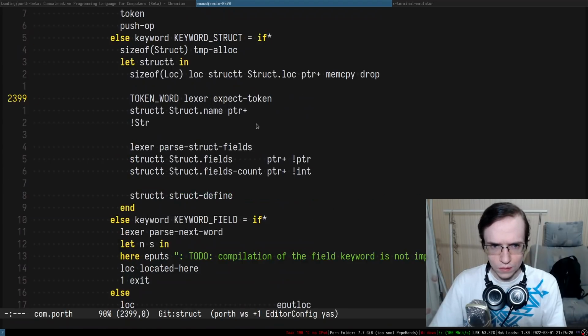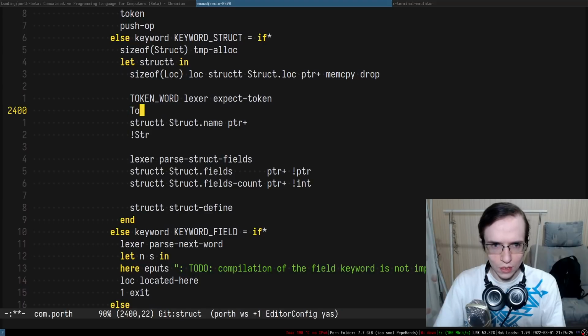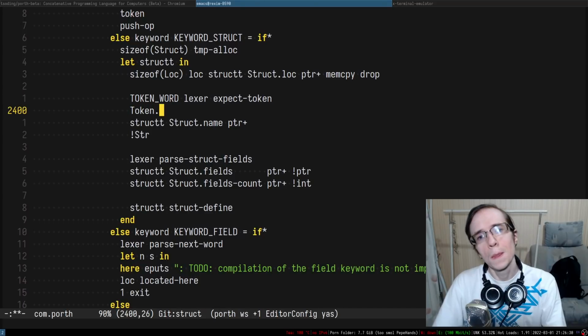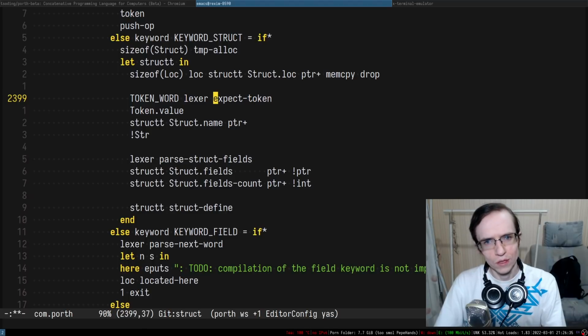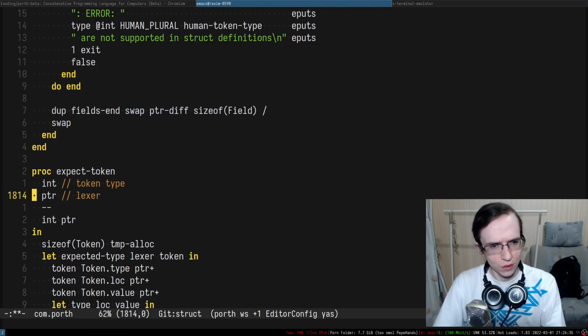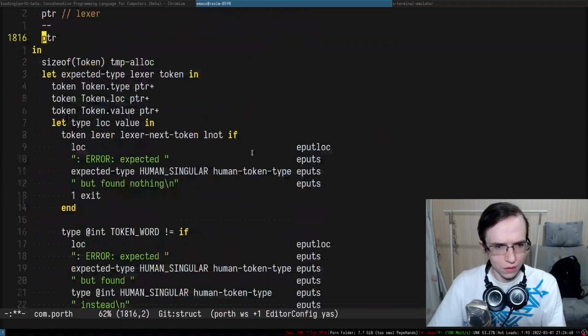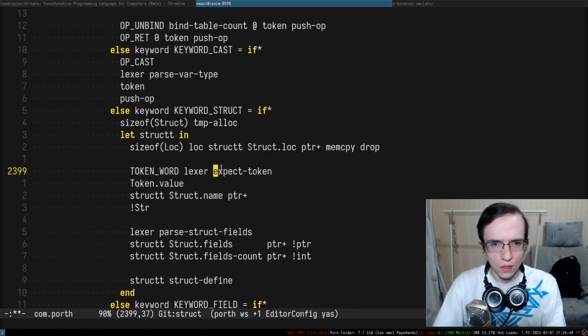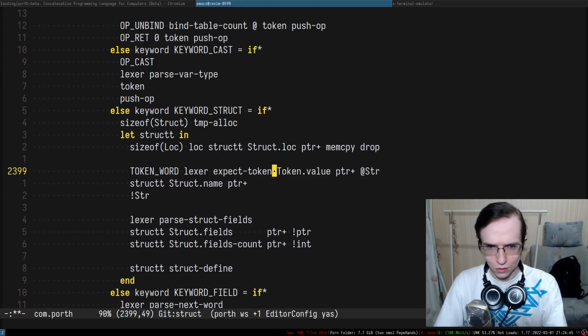And here we have to actually treat it as a token. So that means we have to do token value. This one is rather unfortunate, right? Because we're returning the pointer, don't we? Yeah, we do. Token value pointer plus, and read it as a string. So this is what we've got, right? Expect the token, extract the value,